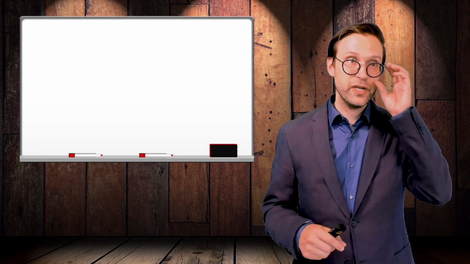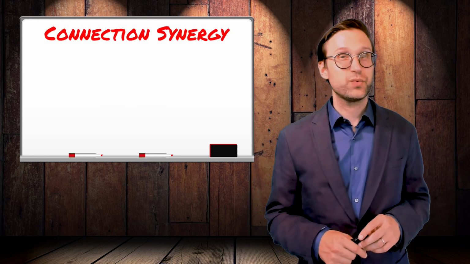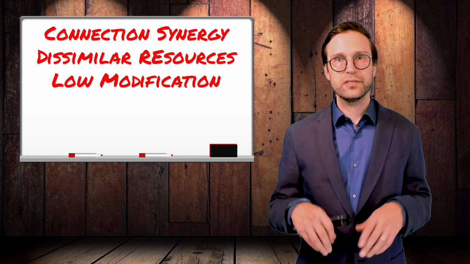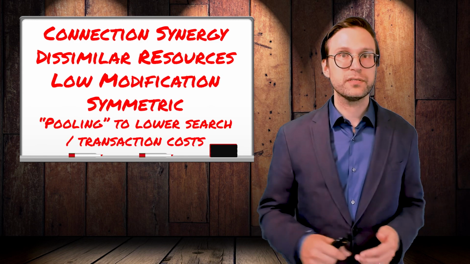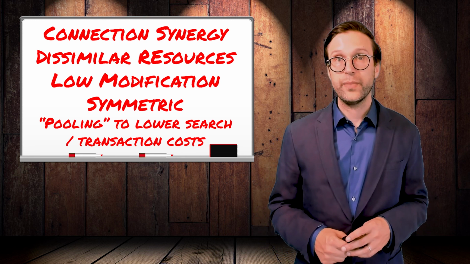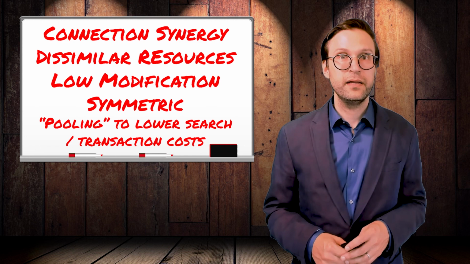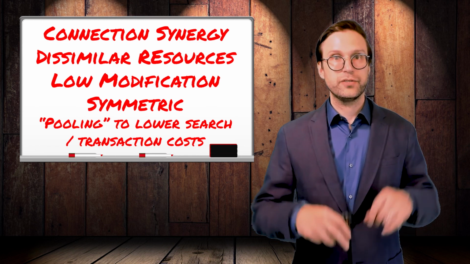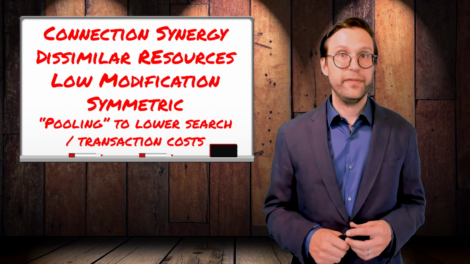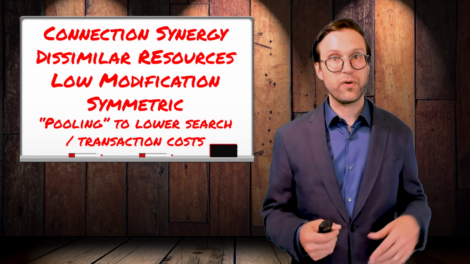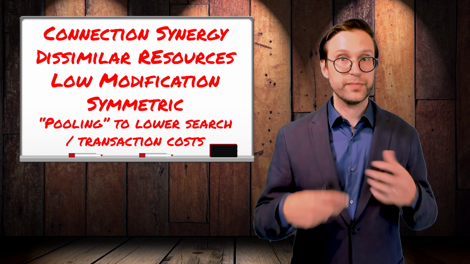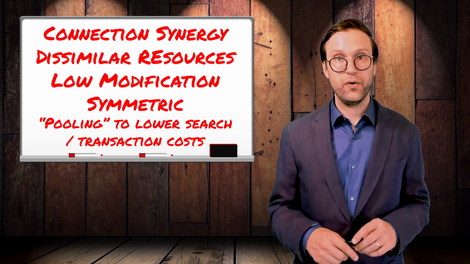And our final synergy, connection synergy, this is with dissimilar resources and low modification. This is all about pooling outputs in order to lower coordination or search costs. A common example of this is cross-selling. So if you have two sales teams that are both selling different products, if you empower them to also sell the other complementary product, they're able to go to a single customer and offer multiple things to them. So that can lower the cost of